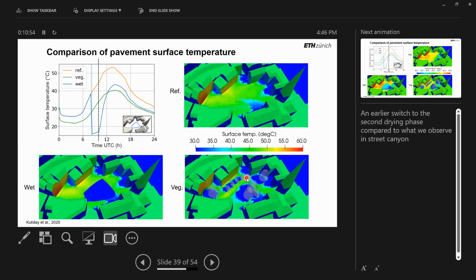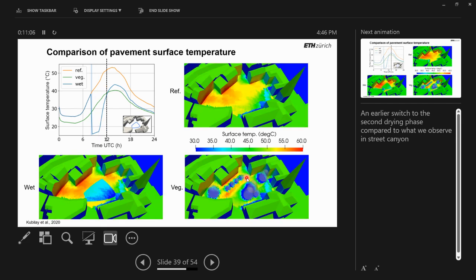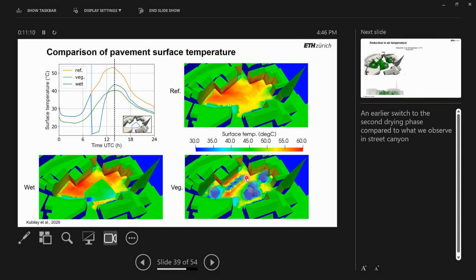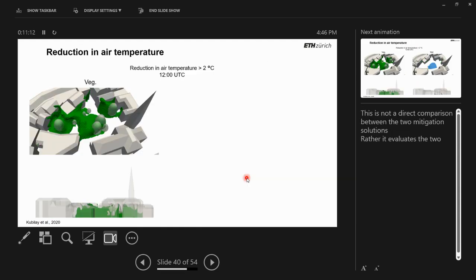Here you see clearly the cooling effect of the pavement that has been wetted, and you see there also the cooling effect or the lower surface temperatures due to the trees. This is at 12 o'clock, I think, and this is at 2 o'clock. And you see that the trees can really cool down more than 2 degrees a zone around the trees,